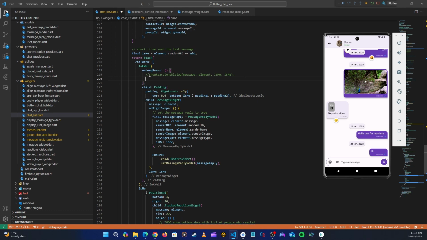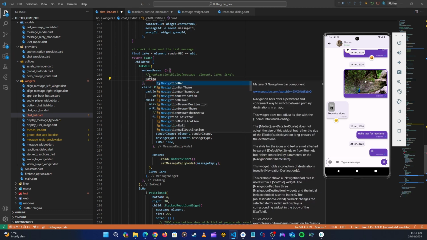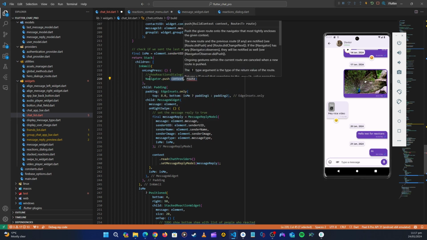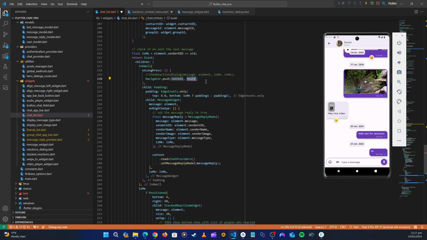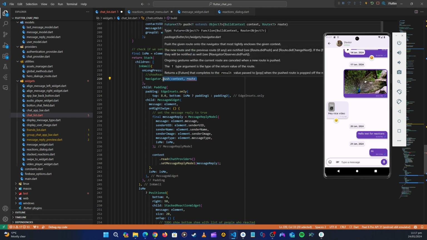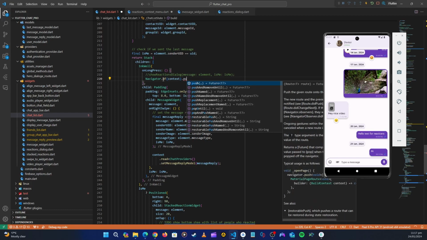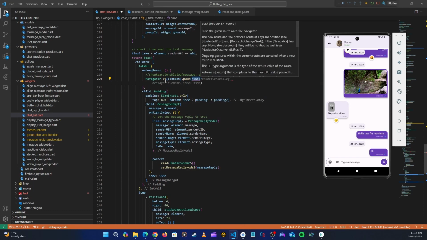So here we need to call navigator dot push, and then context, and then now here instead of so how we are going to navigate here is like this. Instead of navigating like this and calling this reactions context widget name, we're not going to do this. We're going to say navigator dot of context, and then here we're going to push, and then now here we need to